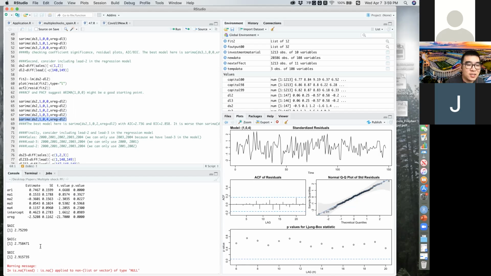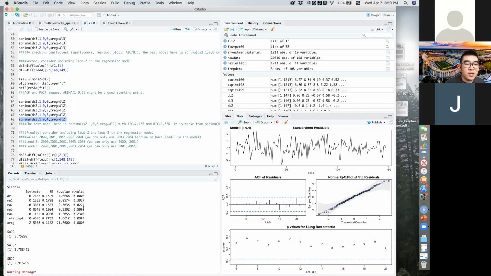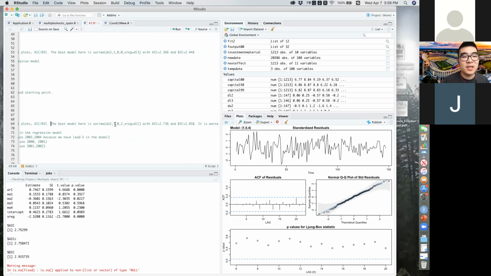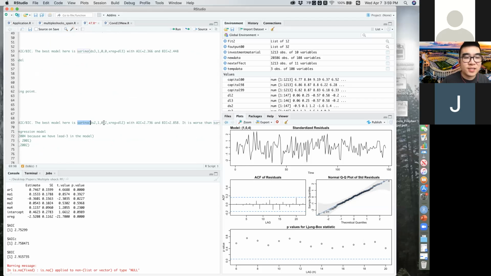The AIC and the BIC become large, and I do notice some insignificant coefficients. So again, by checking the coefficient significance, residual plots, AIC, and BIC,